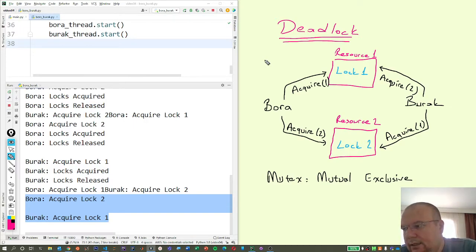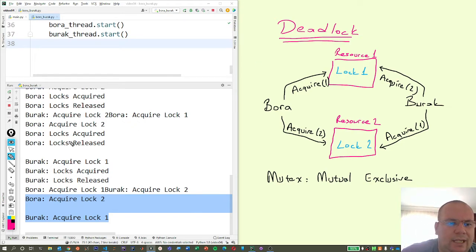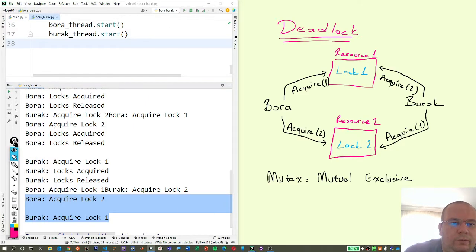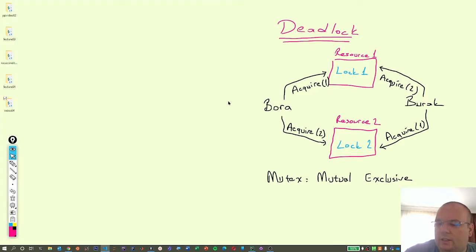And there's a very famous problem to simulate this deadlock situation. And let me first stop the code. I'm going to kill this process. All right. There's a very famous computer science problem to understand this situation, which is called dining philosophers. Dining philosophers. So this is a problem